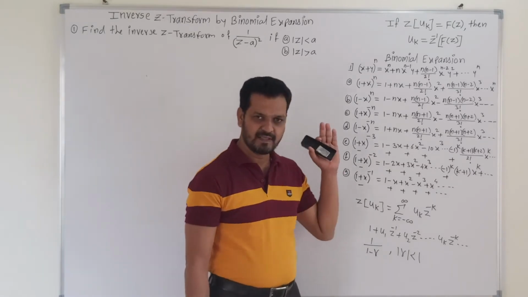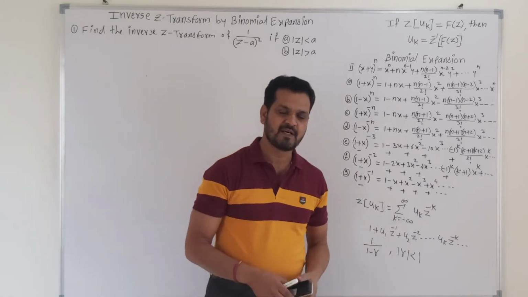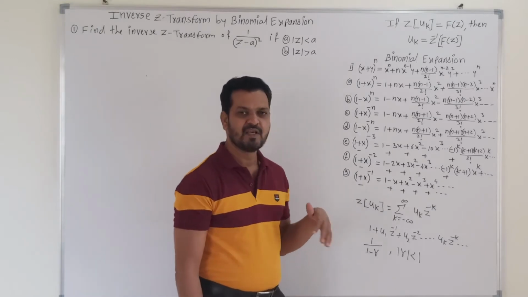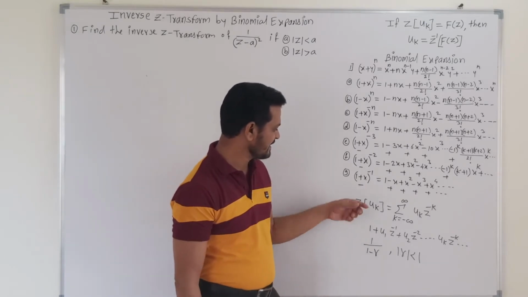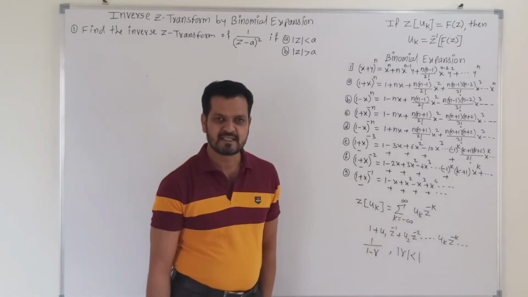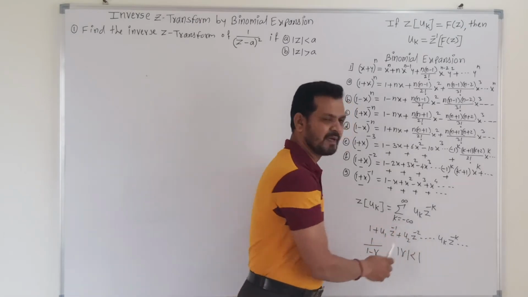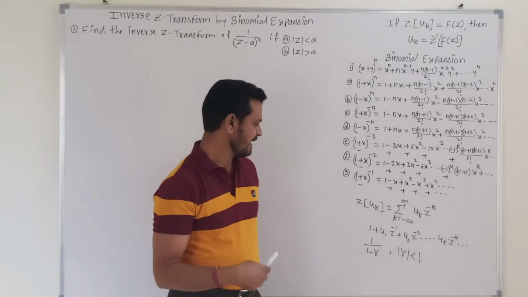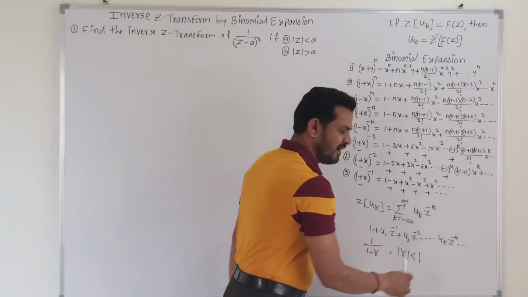In this video lecture we are solving the example based on this result. Now friends, we know how to solve an example based on Z transformation. Let me revise the concept of solving an example based on Z transformation. When we solve any example based on Z transformation, we first write the definition of Z transformation. So the Z transformation of sequence uk is equal to the summation of uk z raised to minus k, where k goes from minus infinity to plus infinity. Then, after expanding this type of term, we get such type of expansion.